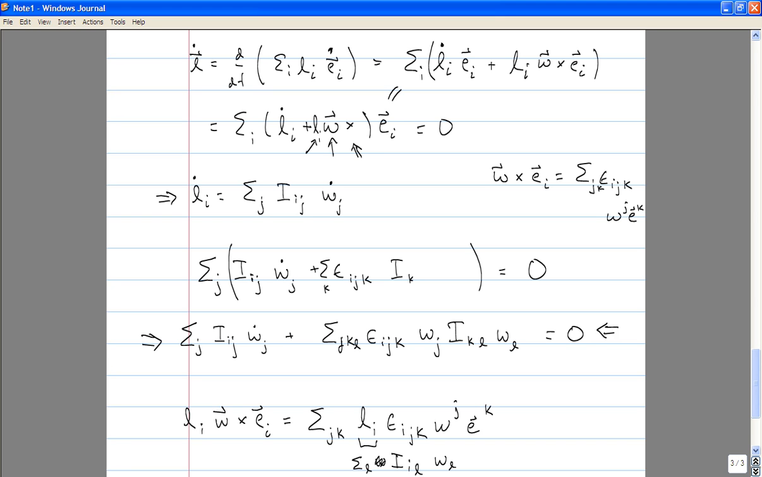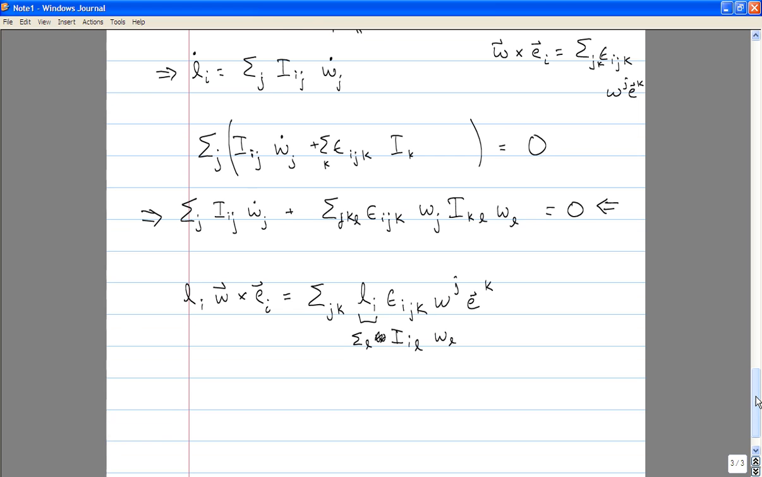This expression that I've written down is a little complicated. It's not that complicated, but it's a little complicated. We never actually end up using this form of the equations of motion for a rotating rigid body. Instead, it's much easier to use the expression in principal coordinates,